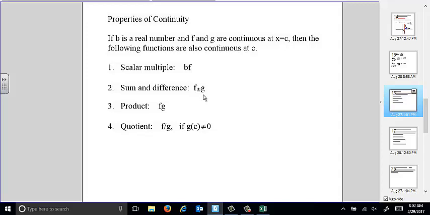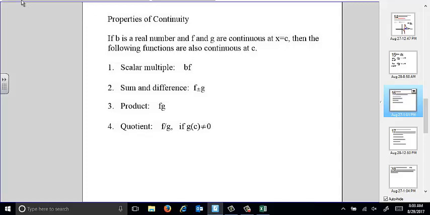that also stays continuous. If you have two functions which are continuous at x equals c and you multiply them together, it doesn't have to be continuous everywhere, but if they're continuous at some value of x, then the product of those two functions remains continuous, and the quotient remains continuous as long as the value of the function in the denominator doesn't go to zero at x equals c. That would cause a discontinuity,